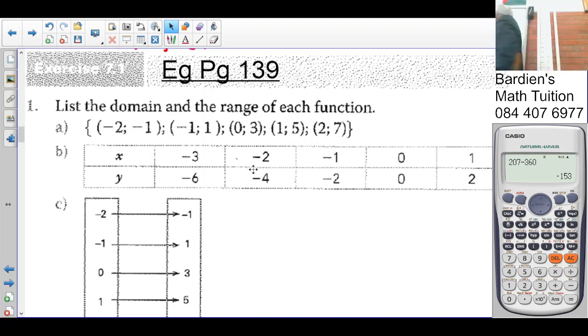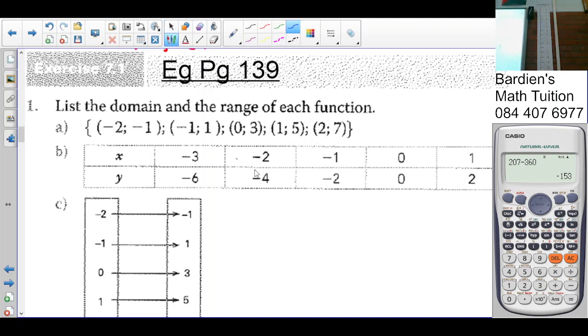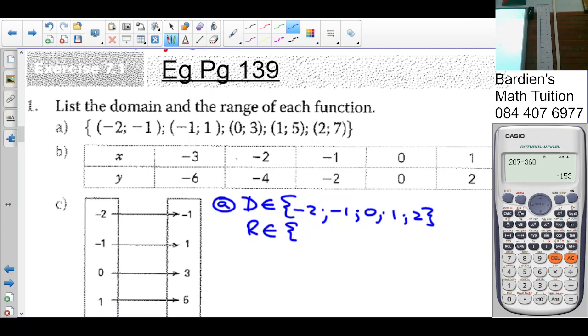So if you're looking at number 1, list. Normally when we list, we put the squiggly brackets. So your domain is an element of, and we list -2, -1, 0, 1 and 2. The range is an element of, belongs to the set -1, 1, 3, 5 and 7. Not so. For B,